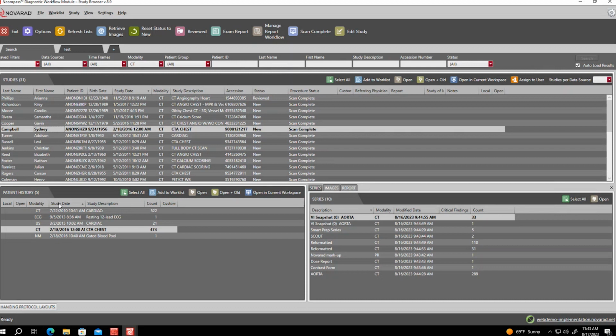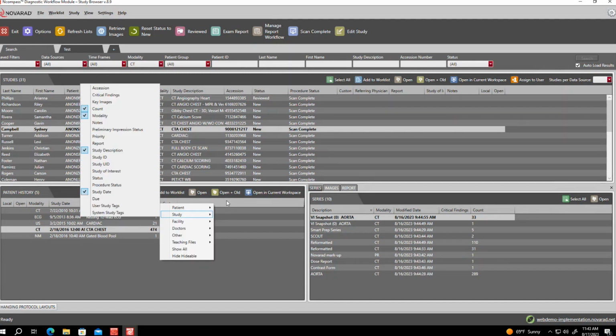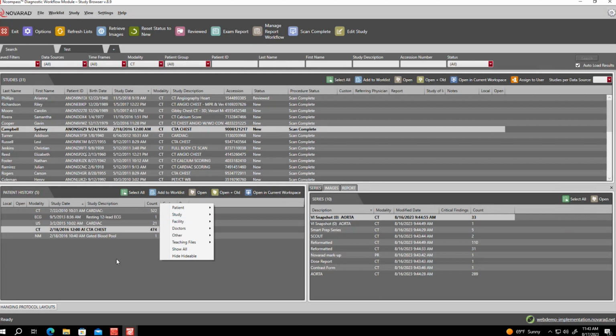You can add and remove columns from this the same way that you did on the other two, simply by right-clicking and checking or unchecking whichever columns you want to have displayed there, and you'll see those columns pop up. You can also reorder them the same way. So if the report column is something you wanted a little bit more, move it closer to the front, and you can just move those around, whatever's easiest for you.